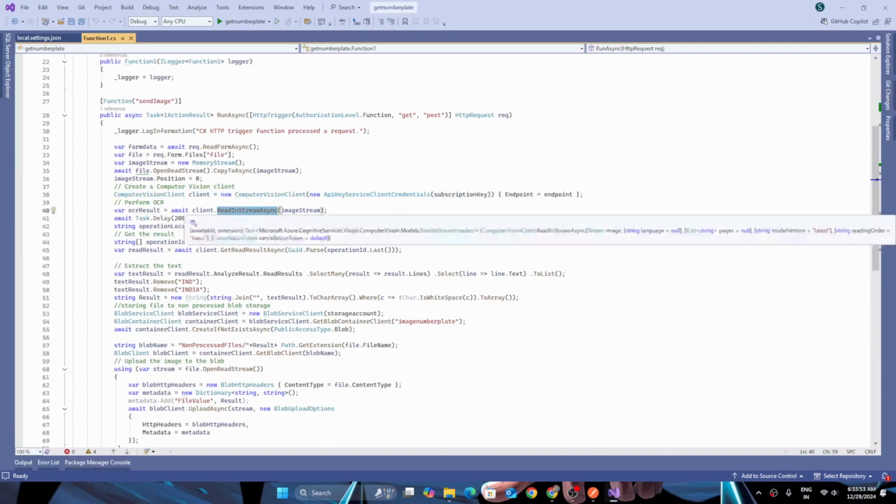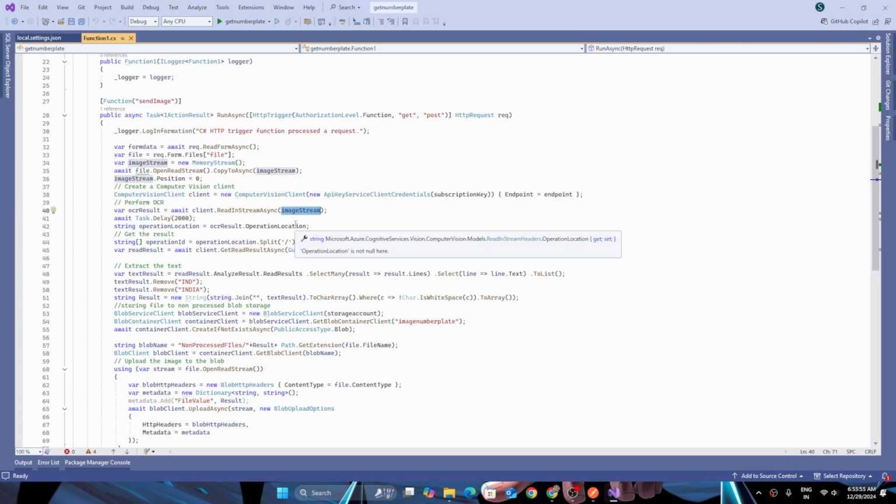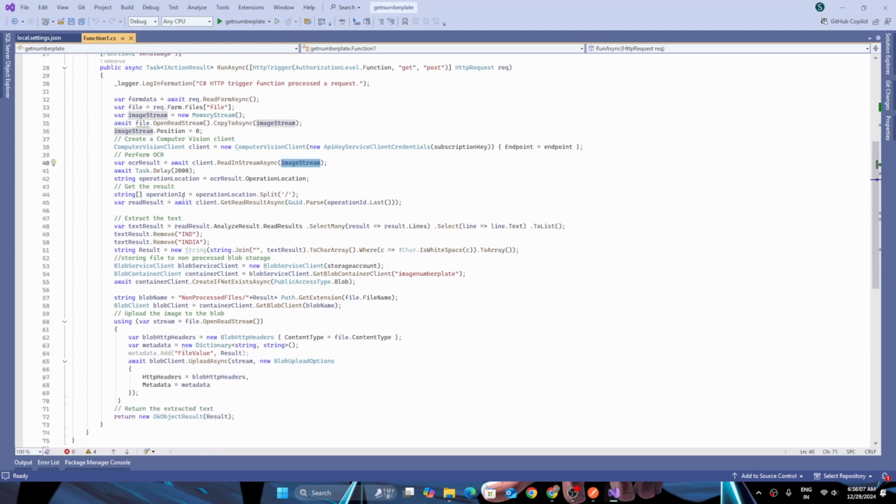I have given my image stream, and then it will capture whatever text is coming from that file. The text will be in the format of arrays. So here I just read all the text